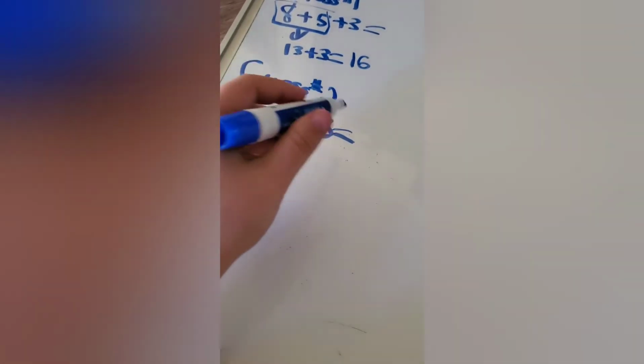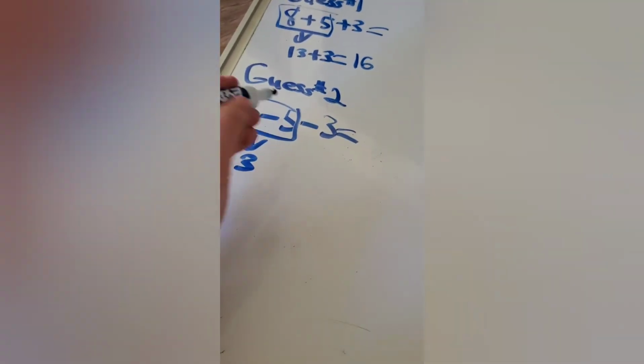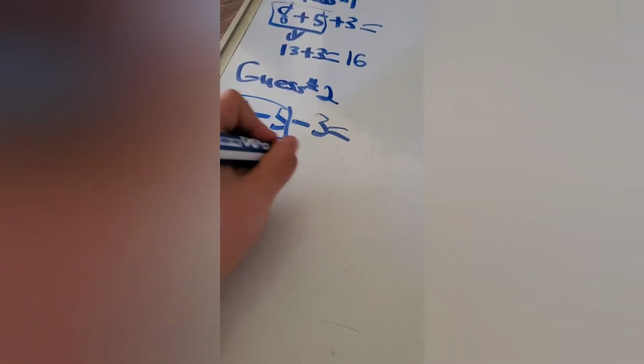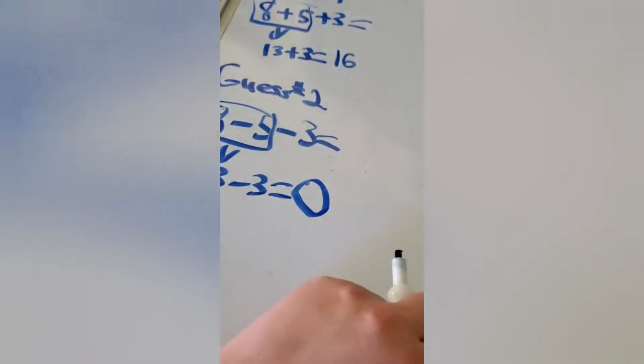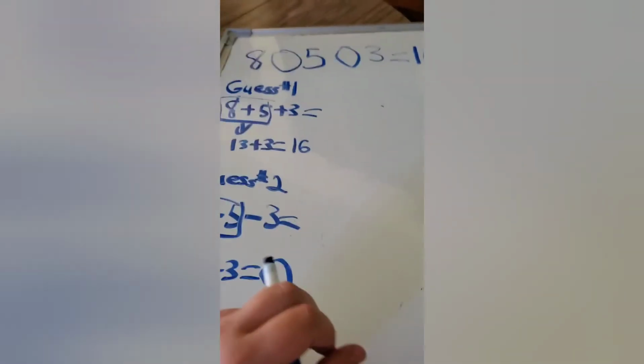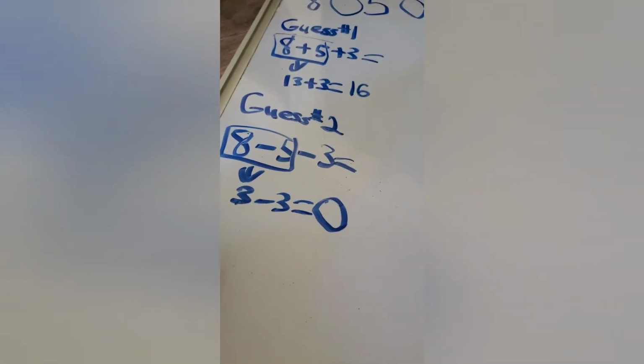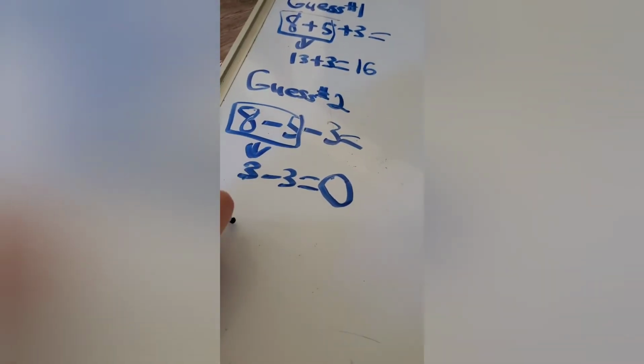Okay, so I'm going to do this one first. 8 take away 5 is 3. Oh, yikes. I know that's right, not right away. 3 take away 3 is 0. Definitely not right. So now I know I have to use